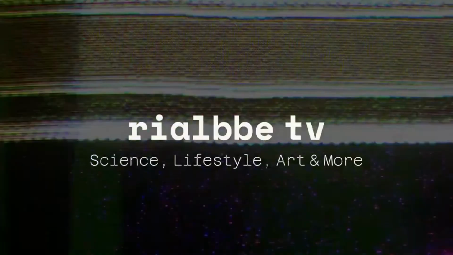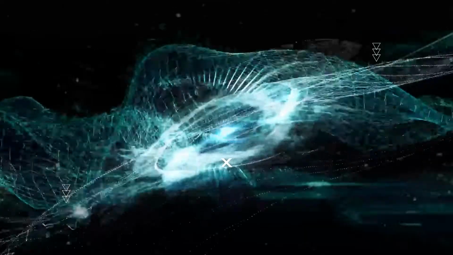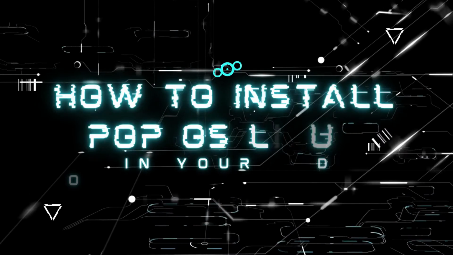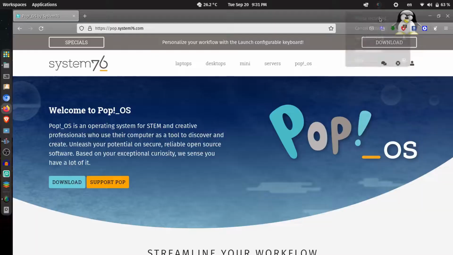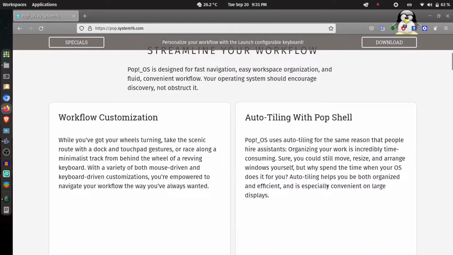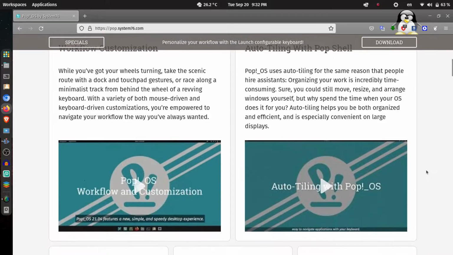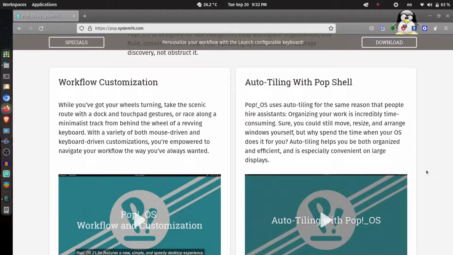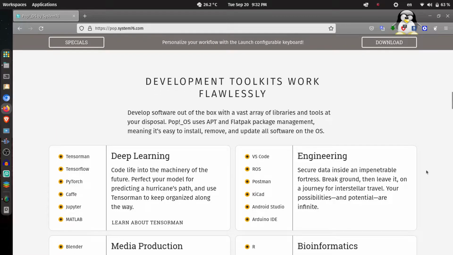Today in Science in School, we will teach you how to install Linux Pop OS. Let me tell you some information before anything else. This operating system is free, with no rampant viruses and no known hacking as of this moment, and it is mostly used by IT experts in the Philippines and around the world. It is also based on the Ubuntu Linux operating system, which is also commonly used by IT experts around